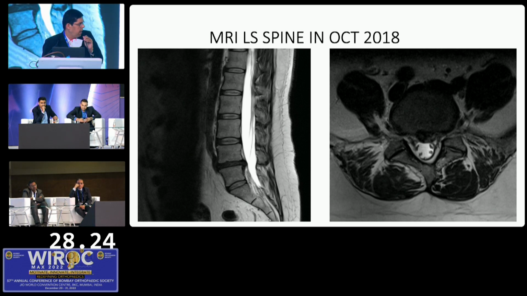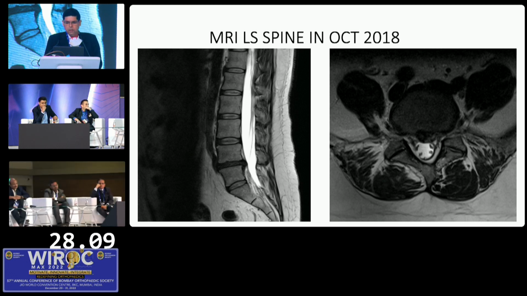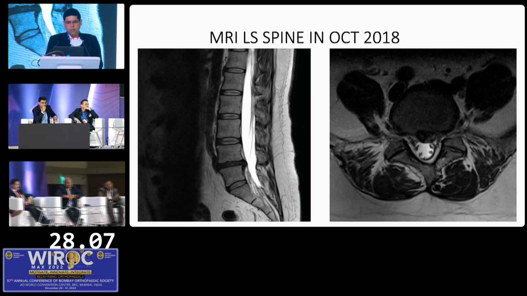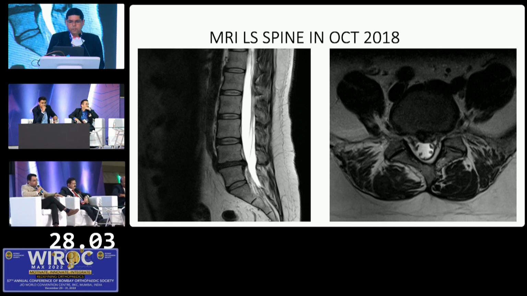So I'd like to start. I'm going to go with one question to each panelist so that we save time here. So I'll start with Dr. Deepak first, and we'll just go sequentially. Your findings and what would you like to do? So there is definitely decreased disc height at L4-L5, a degenerated disc, and there is central protrusion. There is no severe lateral recess stenosis that we can see.